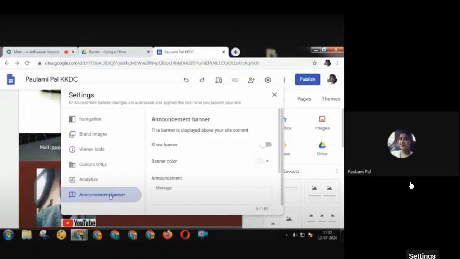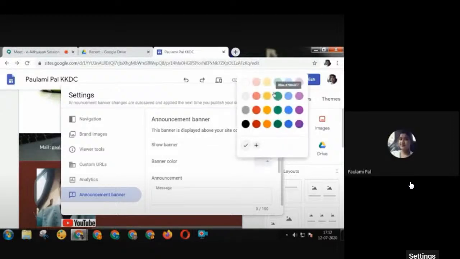To create that, you click on settings, and the last option is announcement banner, and you check show banner. Then you have the banner color option. You can choose it from bluish, no, so